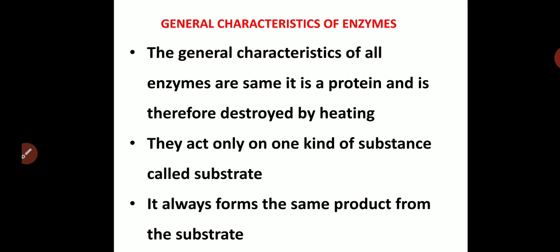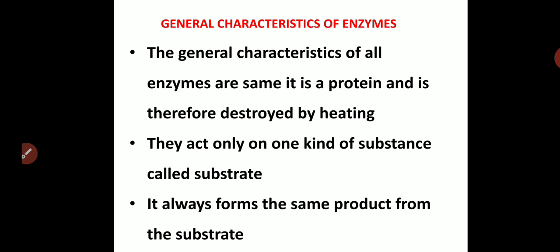So these enzymes have general characteristics. They are as follows. They are first of all made up of proteins, and hence they can be destroyed when they are heated. They act only at a particular kind of temperature and on a particular kind of substance. The substance on which they act is called the substrate. It is specific. They don't go on working with different substances. One works with only one type of food substance.